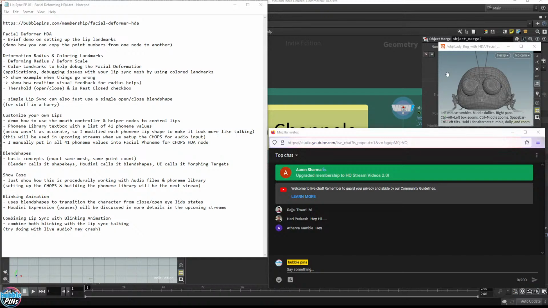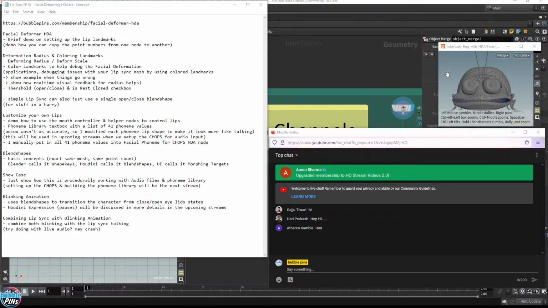This one only has like, I think about 10 phoneme values configured into it, so it plays back a lot faster. In the newer version of the HDA I will be introducing today, it has 41 values configured into it. And what the phoneme values are is like